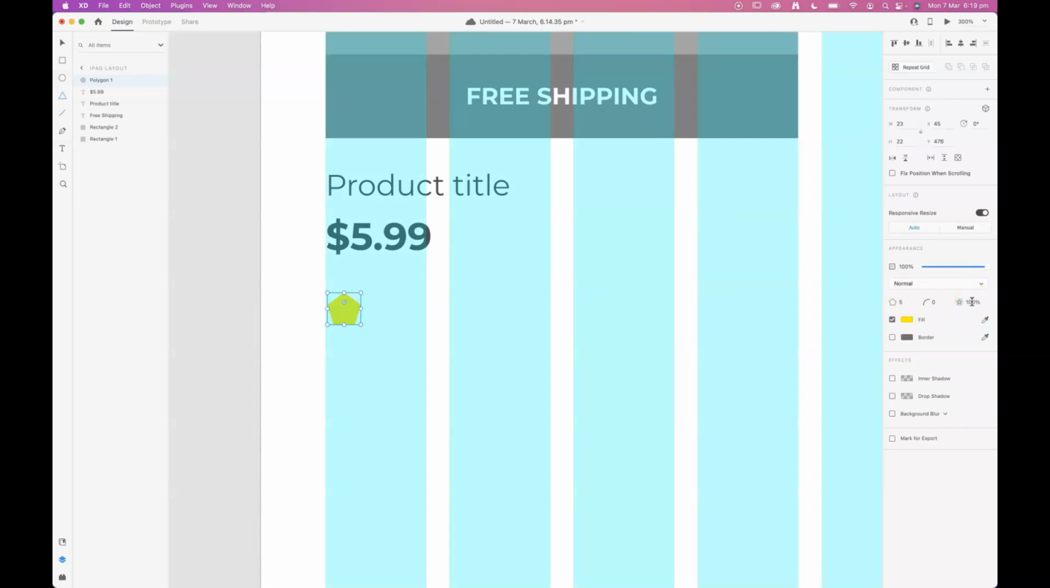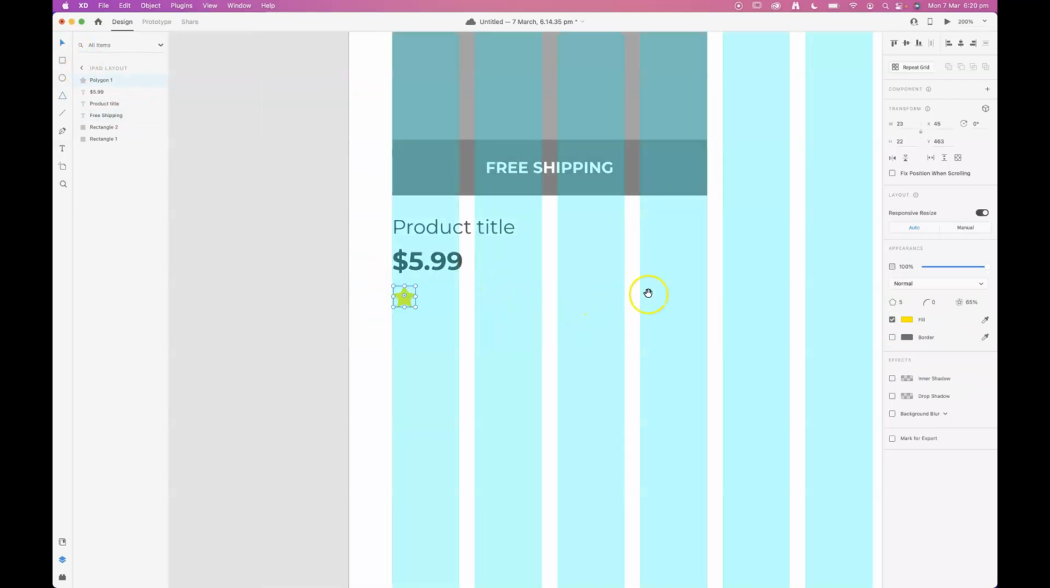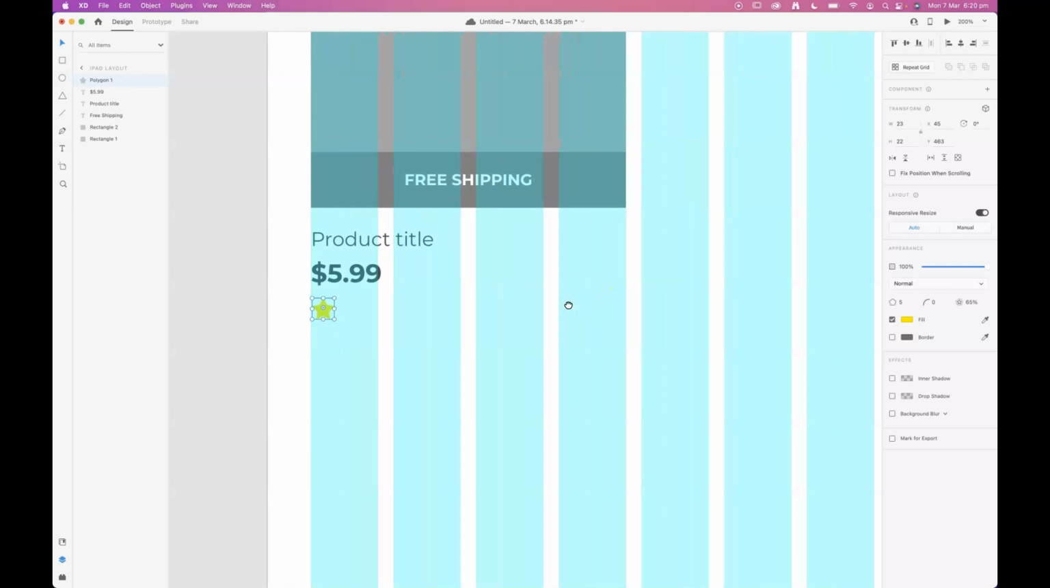And we'll change this value here. If I select a value, I can use the arrow keys on the keyboard to make alterations, and that goes for any value in the properties panel. So that's a cool star. Position it up under the price there, and I'm going to use the repeat grid